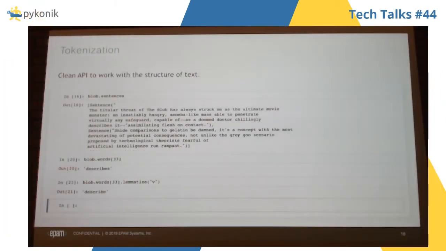So when you are dealing with text processing, you need to trim some things. You need to trim some parts of the word or sentence. So you need to clean your data, and this is a nice way to clean your data. So "describes" becomes "describe". Otherwise they would be two different words, because the computer doesn't know what describe means.